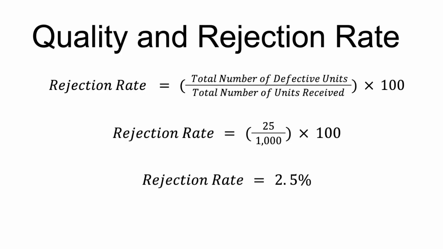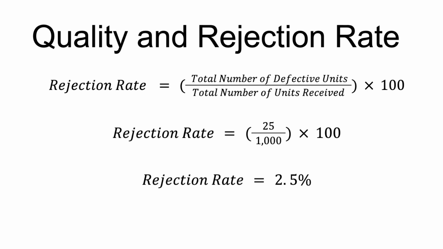Next up, we'll talk about rejection rates, a metric that directly measures the quality of the products your supplier delivers. The rejection rate tells you the percentage of products that don't meet the quality standards in a shipment. To calculate this, you take the number of defective units divided by total number of units received times 100. For example, if your supplier ships out 1,000 units and 25 of them are defective,